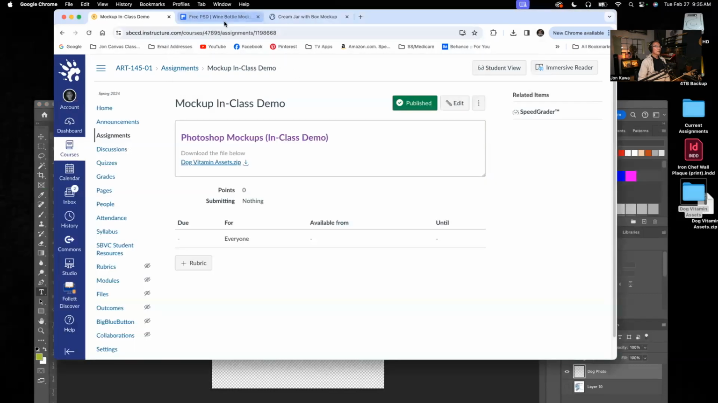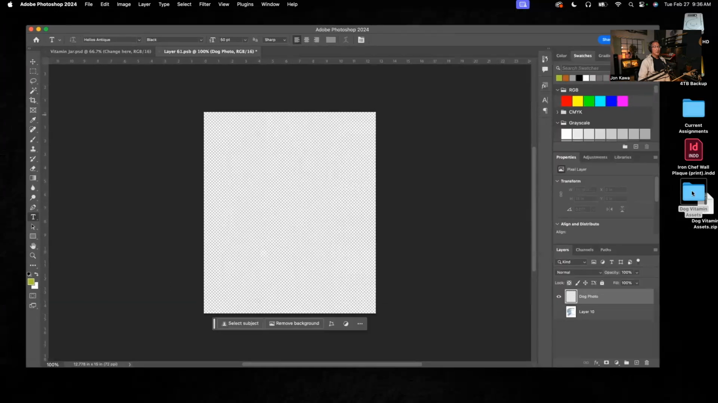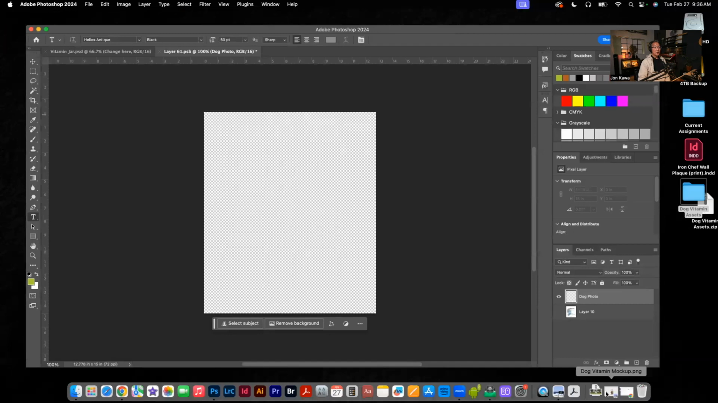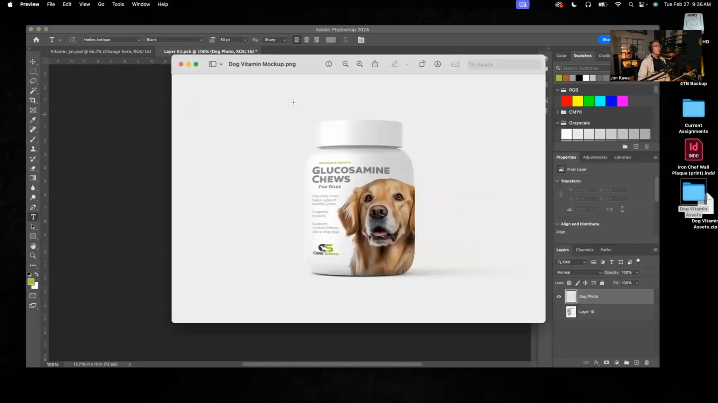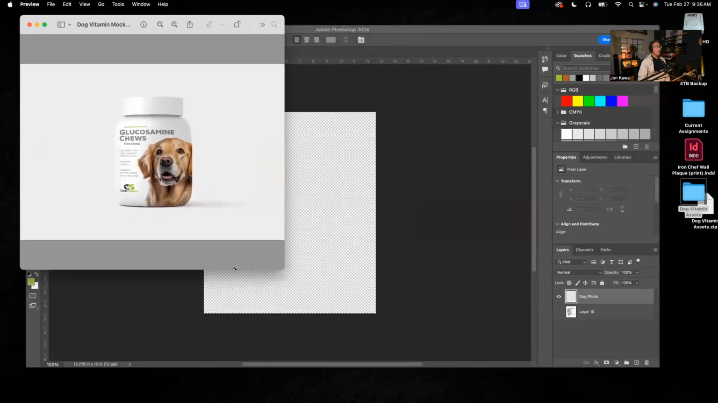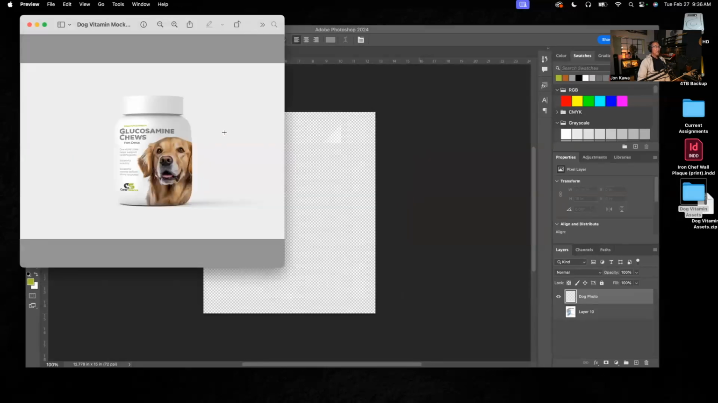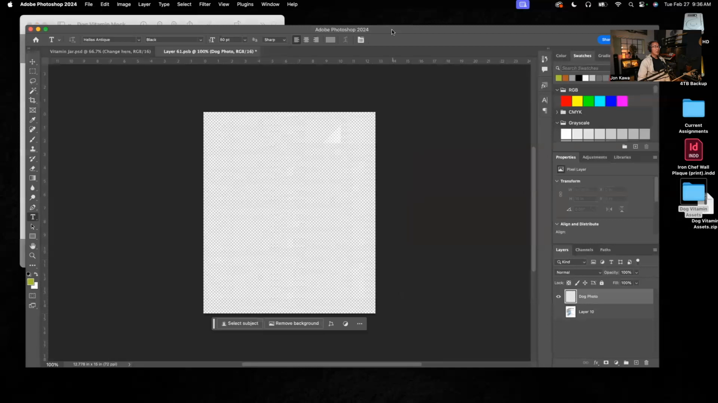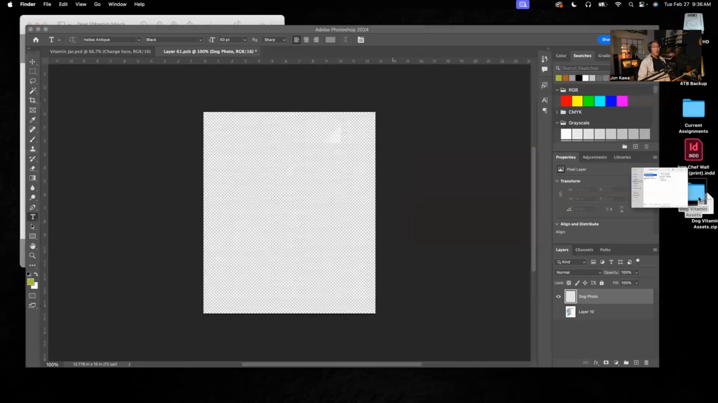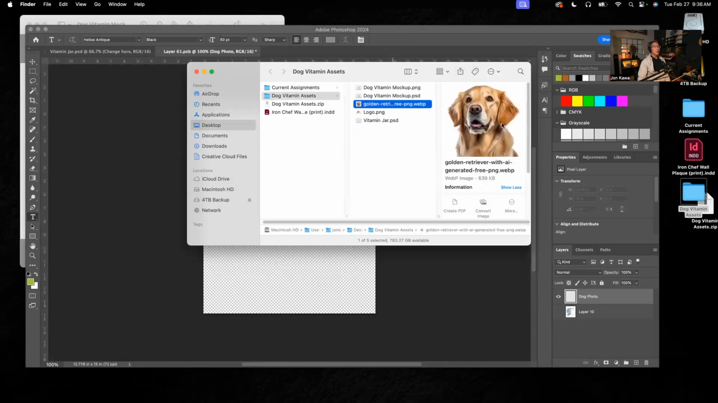So let me pull this up so that we can always see what we're looking at here. Let me just minimize that. What I'm going to do here is just open this up and leave it up here so that we can reference what it is we're trying to do. As you can see, we have a golden retriever here, and that's going to be on this dog photo layer. So let's go get that golden retriever. We'll open up our folder, and we can see that here is the golden retriever